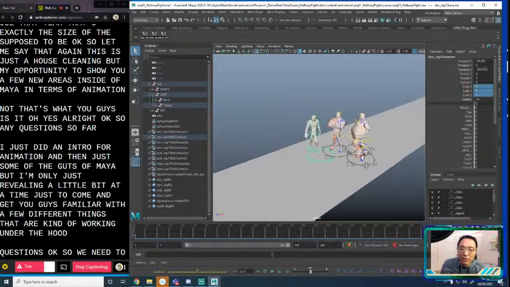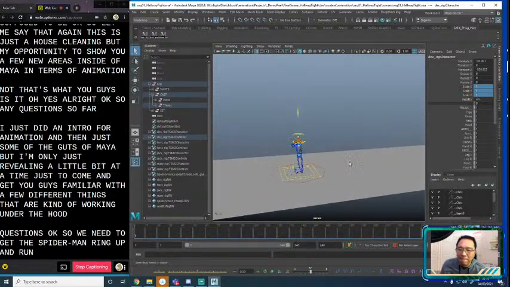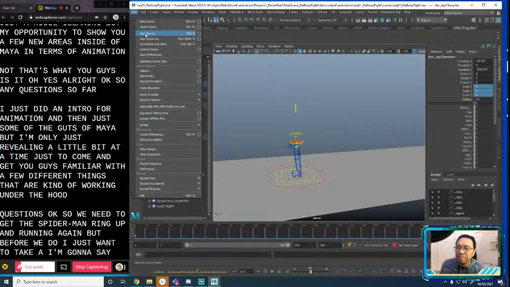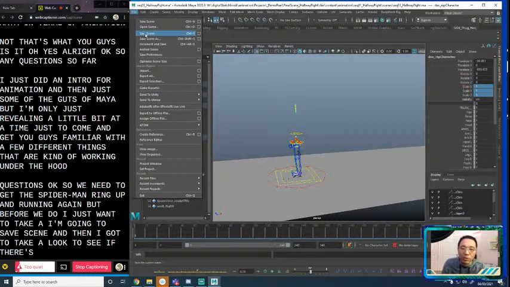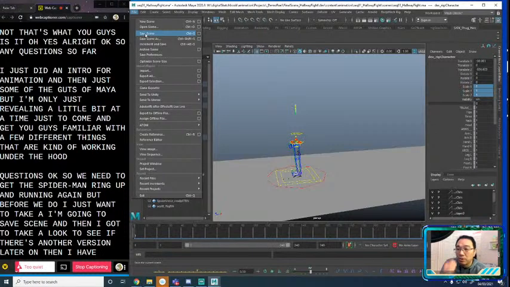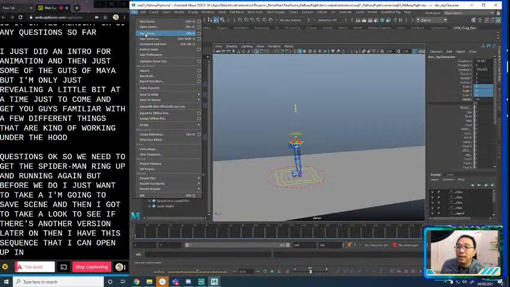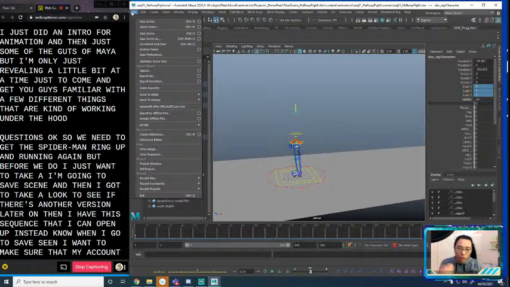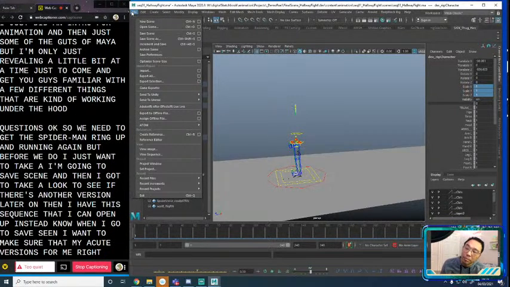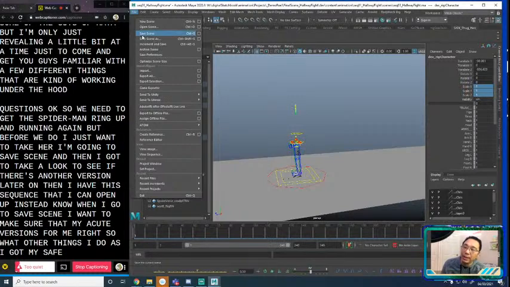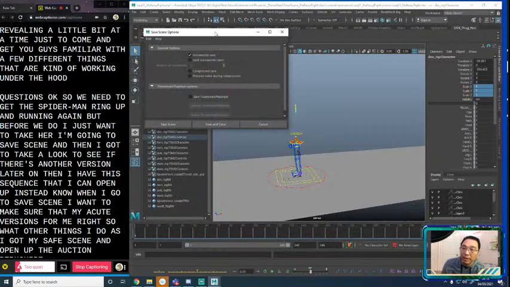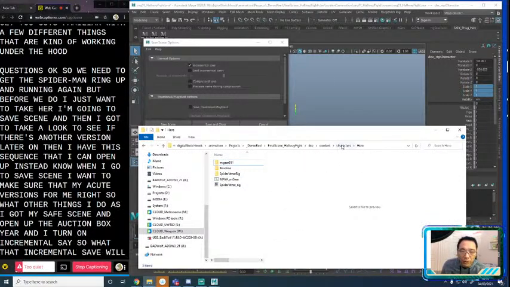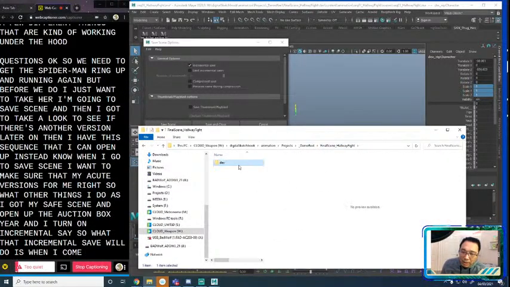So we need to get the Spider-Man rig up and running again. But before we do, I'm going to save scene, and then I'm going to take a look to see if there's another version later on that I have of this sequence that I can open up instead. Now, when I go to save scene, I want to make sure that Maya keeps versions for me, right? So one of the things I do is I go to my save scene, and I open up the option box here, and I turn on Incremental Save. So what that Incremental Save will do is when I come in here